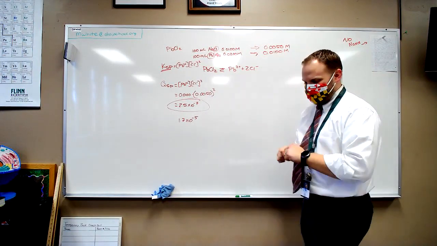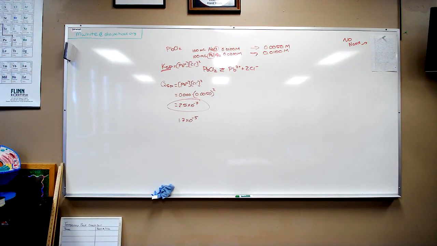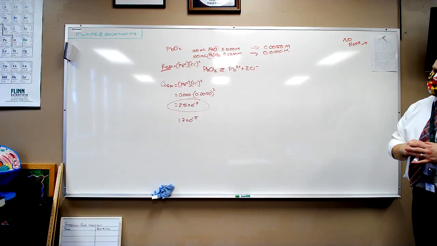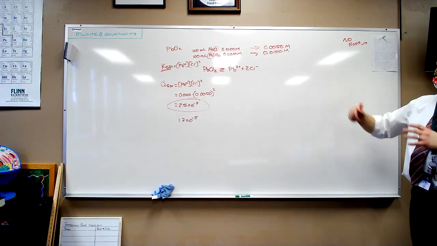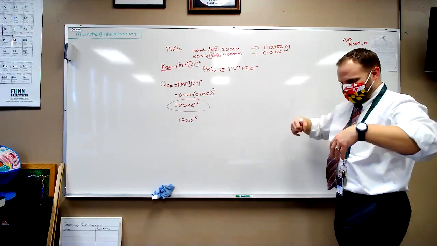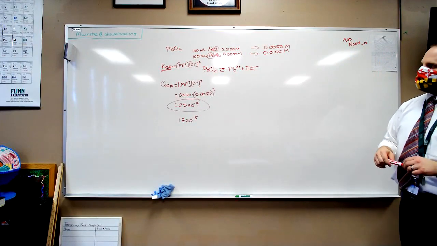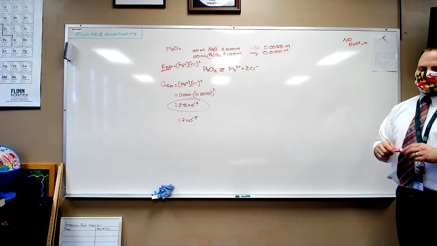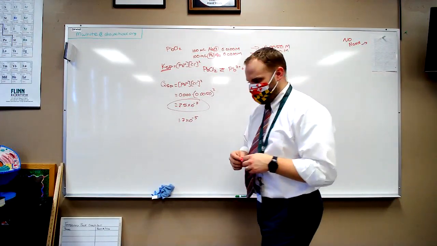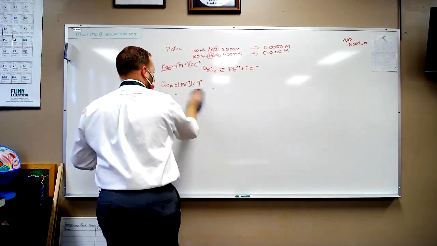There's one last really quick principle in this section, and I know this section has sort of been a big one. We've been taking all of these different concepts that we talked about all chapter and saying, okay, use them. But we just have this last little thing. It's called the common ion effect. And basically,